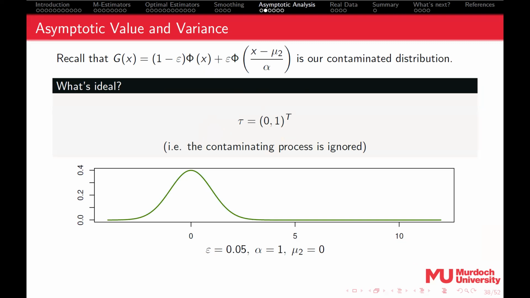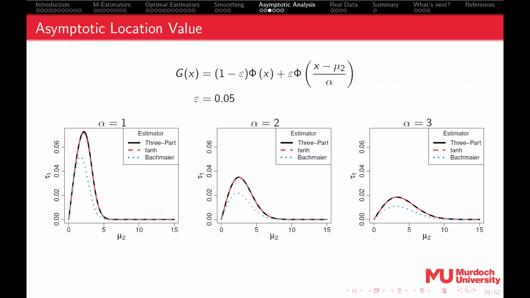and what we're going to do is keep the contamination at 5%. Alpha, and then we're going to change mu. And so what this looks like from a distribution perspective is just nudging the contamination over. Okay? So, the result of that, just look at the plot: this is the asymptotic value for location, tau